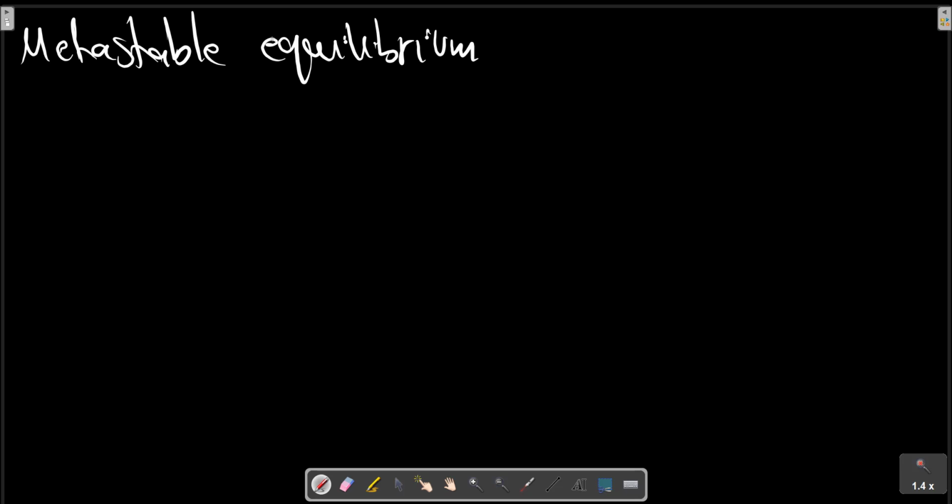Although the limited scope of this book precludes an extensive treatment of metastable equilibrium, a brief introduction to the subject is presented in this section. Let us first consider, as an example of metastable equilibrium, a slightly superheated vapor